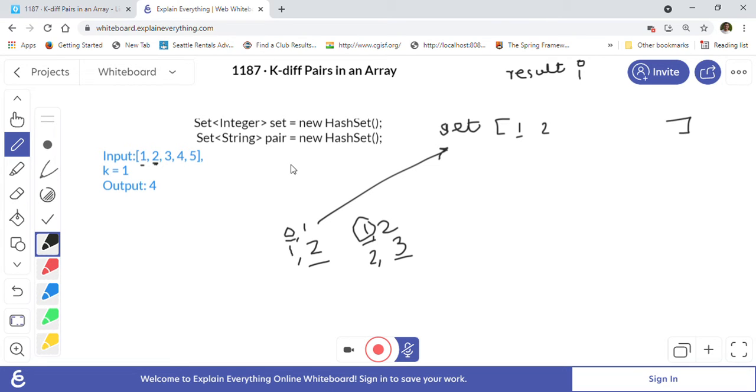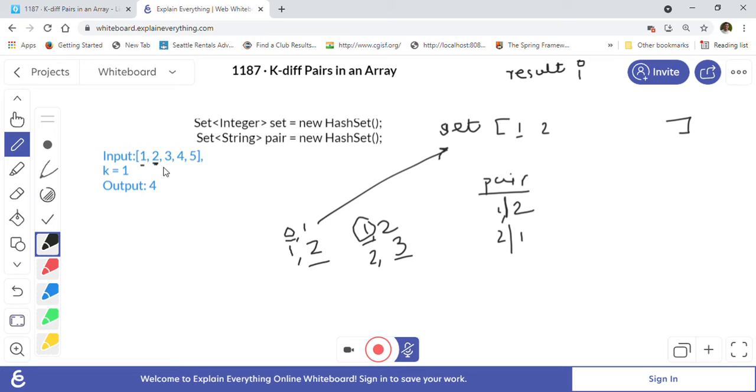And in our pair set, we will add these strings: 1 bar 2, we are using bar actually, and 2 bar 1. So we add these two into the pair set.